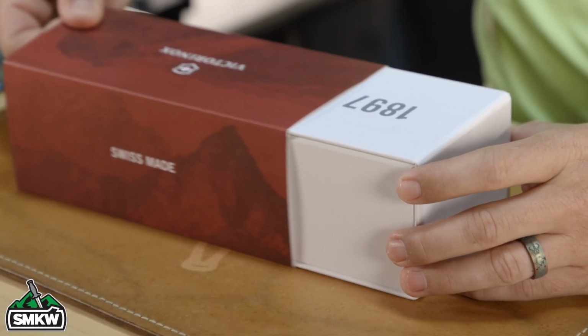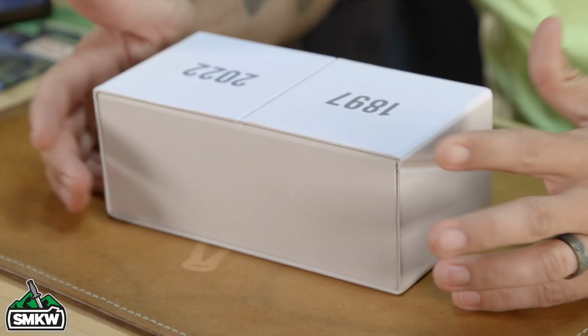All right, so this is the Victorinox 125th Anniversary Replica 1897. And they've done an incredible job with this knife, really replicating what we come to know and love from Victorinox. We're going to dive right into this one. We're going to slide the box out. Now here you're going to see